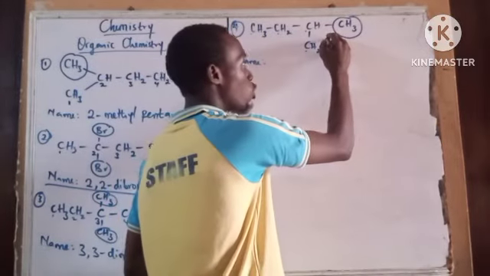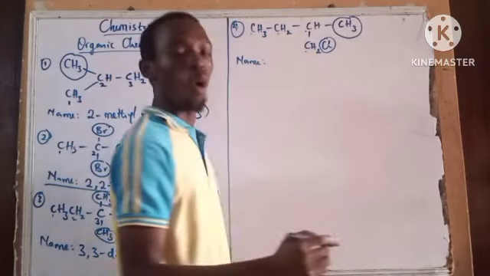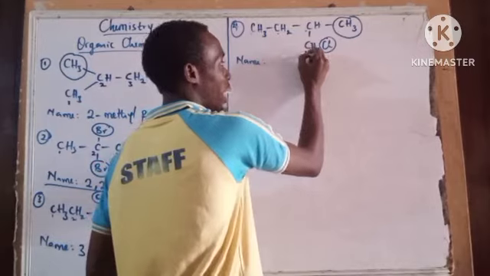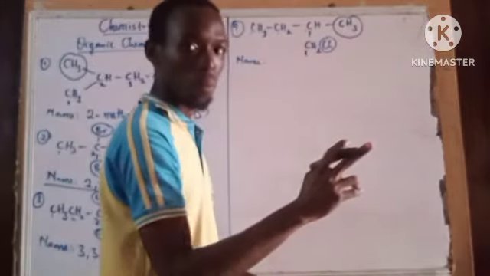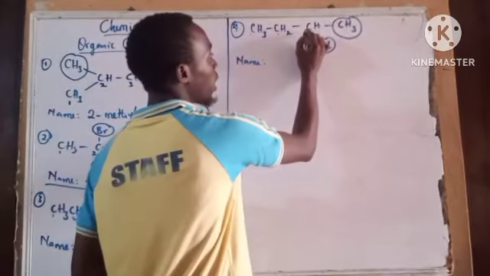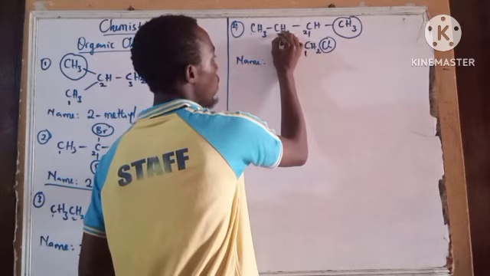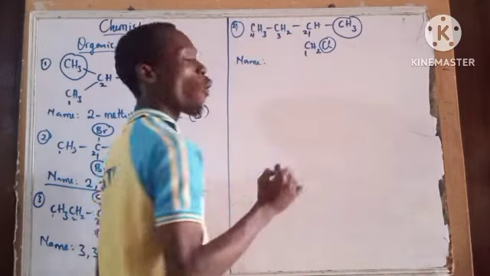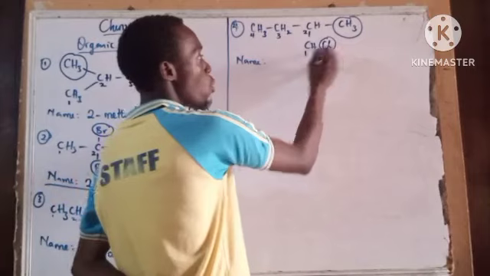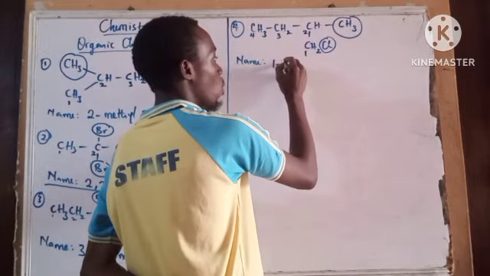And this chlorine is also a substituent on its own. So this one will be carbon 1. Remember, give the lowest number possible to your substituent. Carbon 1, carbon 2, carbon 3, carbon 4. And here we are going to have 1